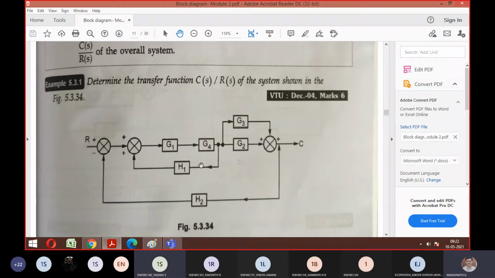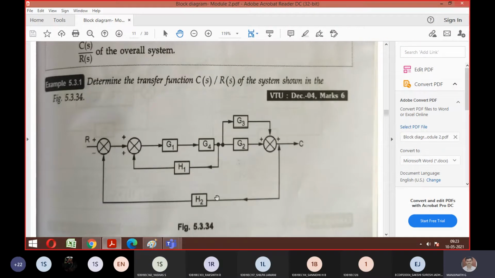Sir, here positive is there, no, sir? We should give minus. Yes. That is the only thing you should be careful about. That's why I told you, remember the symbols clearly. Here the plus symbol is given for the feedback part, so whichever sign is coming, you have to give the opposite, minus. So what is the formula now? G1, G4 whole divided by 1 minus G1, G4 into H1. Okay? Yes, sir. So this complete block is going to be one block.